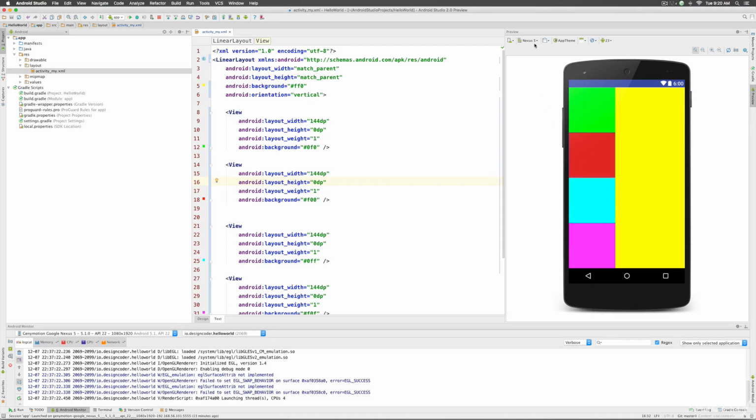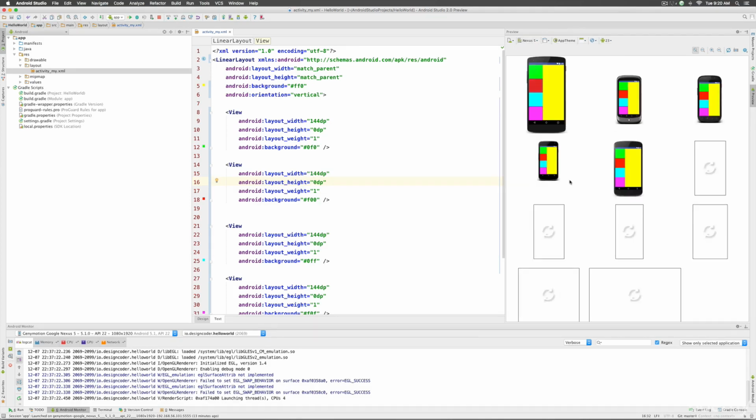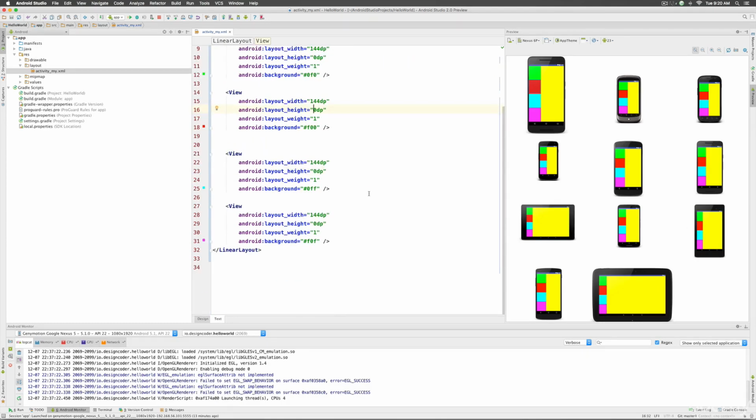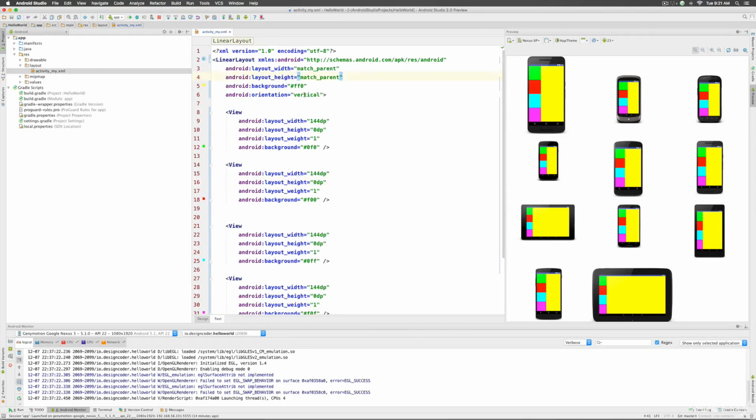In fact, if you go and preview this on all the screen sizes, you will notice that the four blocks look exactly the same, taking equal amounts of space on all devices. Isn't that amazing? That is one way you can control how something should look the same across all screen sizes. Now since we are using a vertical linear layout, the layout weight attribute is working on the height of each view object. But if we had a horizontal linear layout, then it is going to work on the width of